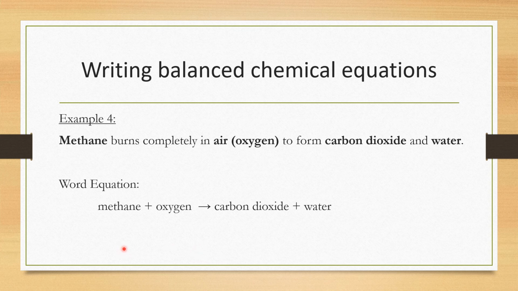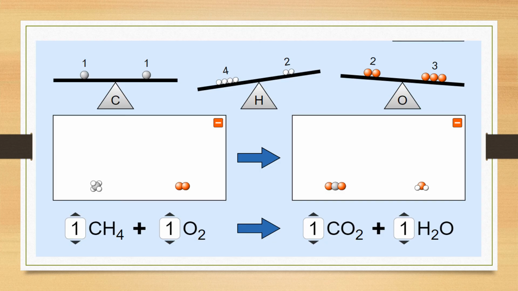Thus, the word equation for the reaction is methane plus oxygen gives carbon dioxide plus water. Now we will write the chemical equation for this reaction. The formula of methane is CH4. The chemical equation becomes